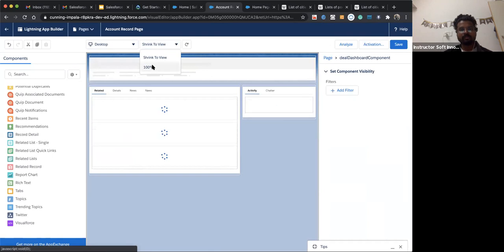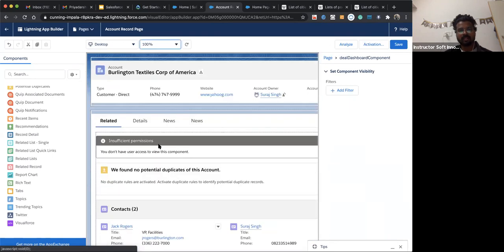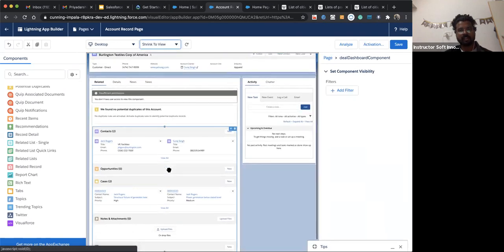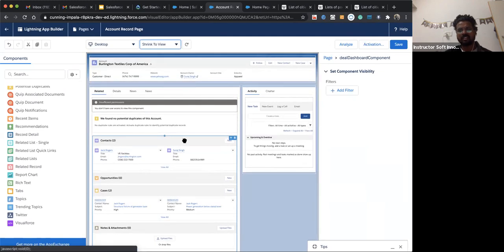It's 100% when you open it in the tab on desktop, otherwise it will shrink. It's just a UI, you just have to check and change, nothing else. And we can hit save.